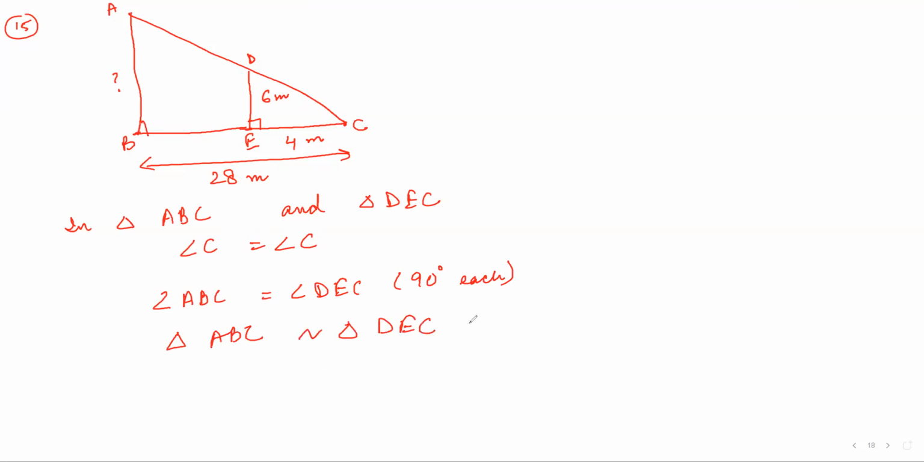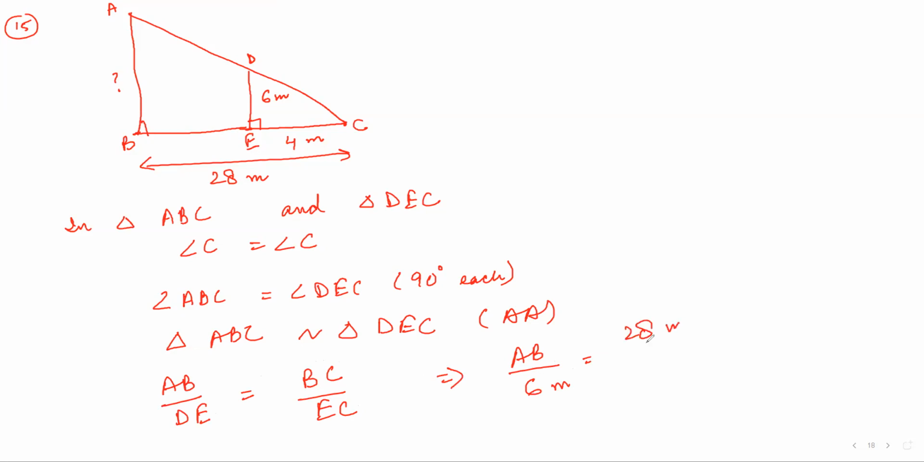By AA criteria. Now, because they are similar, the corresponding sides will be in proportion. So that means AB upon DE should be proportional to BC upon EC, right? So this implies, AB you don't know, you have to find AB, and DE you know, which is 6 meters, and then BC length 28 meters, and then EC 4 meters. So you get AB should be equal to 6 meters into 28 meters divided by